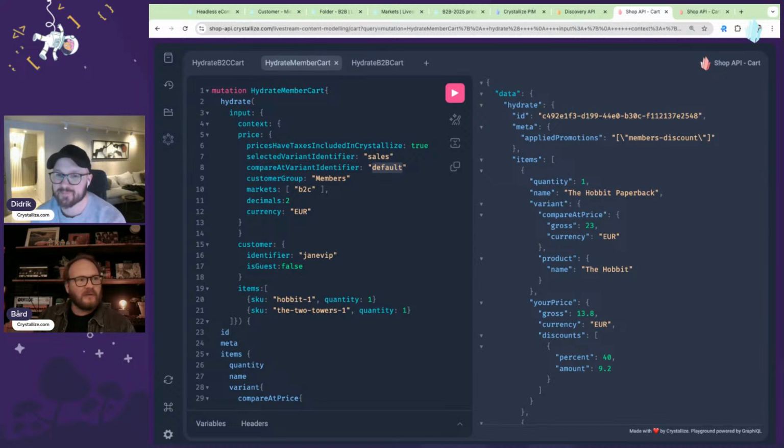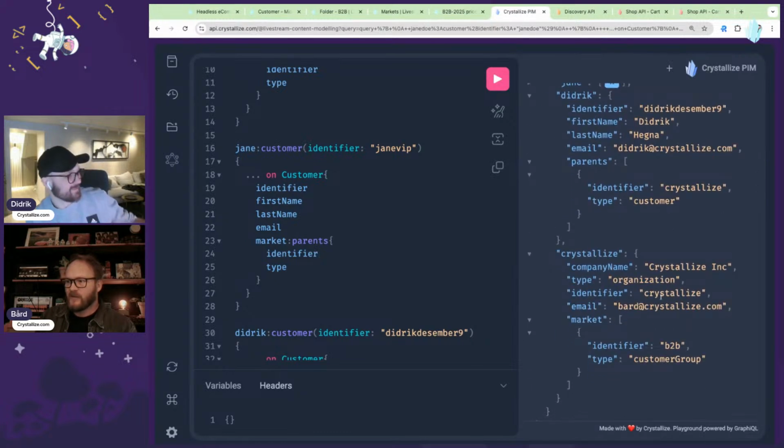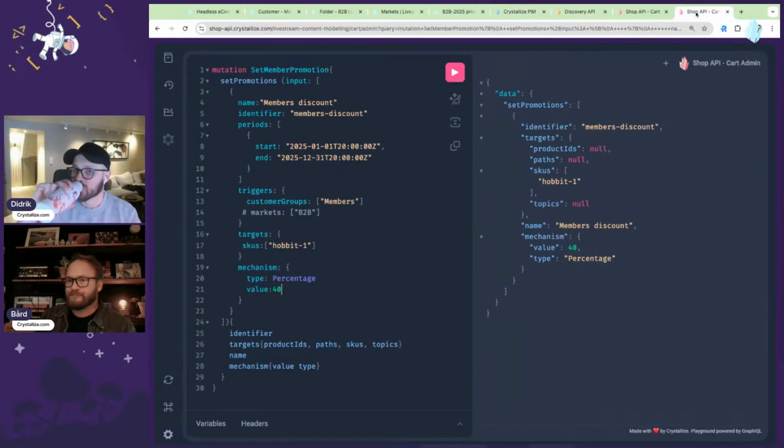But for B2B, Didrik, as you're defined in this here, with Didrik December 9, I'm ready. That's part of the B2B segment. And of course, I could do the same here. I could create a promotion that just targets B2B. Totally fine. But often in B2B, we find that customers actually have negotiated specific prices for some or all of